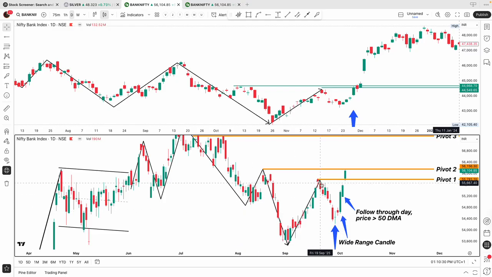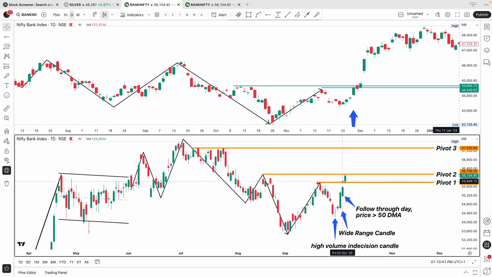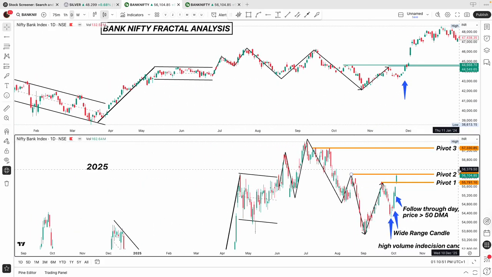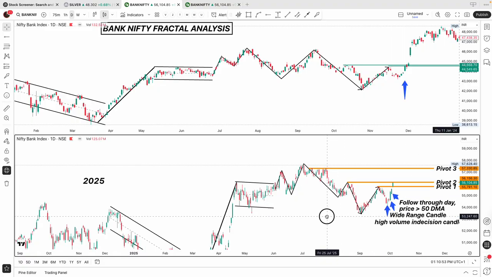And because this trade has played out in the same way that it had played out back in 2023, I have some cushion in this trade as well. So I will not be leaving this trade with a loss. And I will be continuing to hold my positions till the time pivot 3 is reached, at least, at which point I will start thinking about booking partial profits in my existing positions. So that is how things have played out. And I'm hoping for Bank Nifty to cross the all-time high level soon. And let's see how this goes.